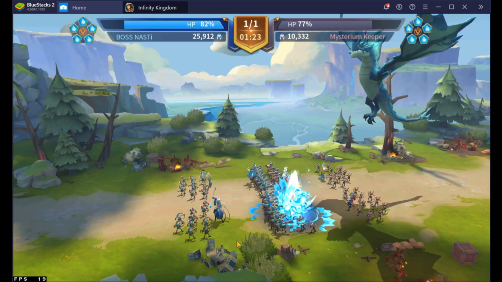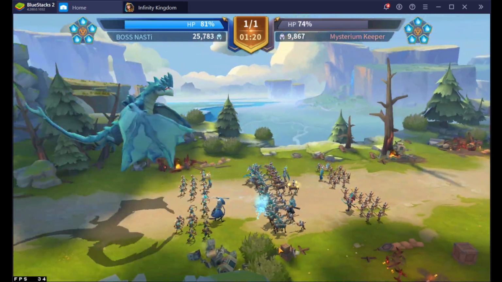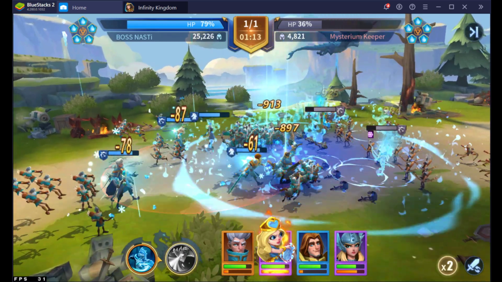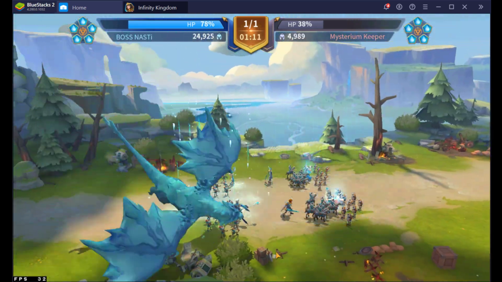So on this, we'll probably do all hits here, I think is what we're going to do. I'm going to do my freeze here. We'll probably proc the Merlin skill, because I think we're okay. I think we should last long enough. Yes, awesome. I should be able to hit this heal the moment that this...